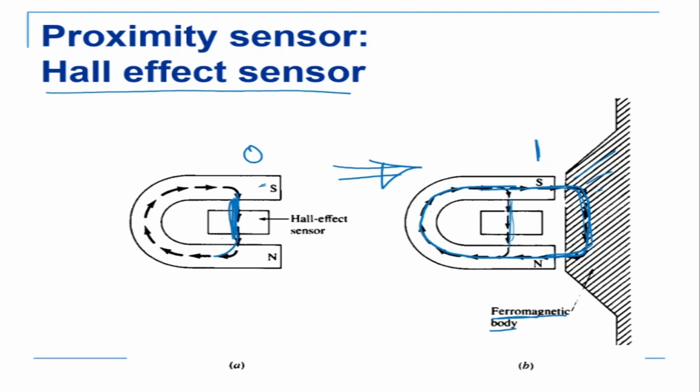Now again here, it works only for ferromagnetic material, but in industries, most of the parts are made of ferromagnetic material. And this is a sensor which is very commonly used. For example, in cars, the speedometer. How to measure the speed of a car? If you look at the dashboard of a car, there are a lot of dials. One dial tells you the speed of the car. The speedometer gives the speed of the car.